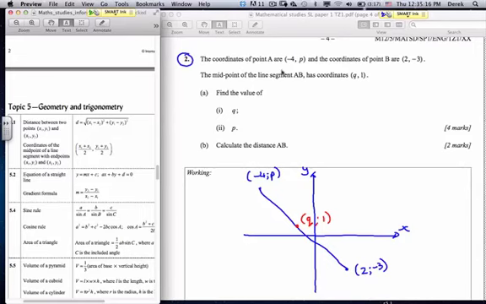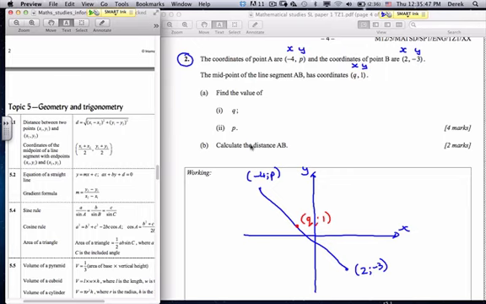Question 2, the coordinates of point A are (-4, P). So this is obviously your X and your Y. And the coordinates of point B are (2, -3). So that's your X and your Y. And the midpoint of the line segment AB has the coordinate of (Q, 1). So X and Y. So then it says over here, find the value of Q and P and then calculate